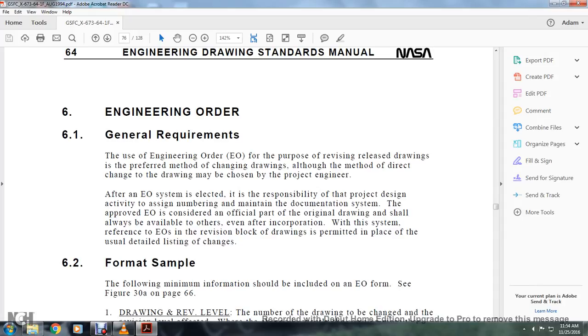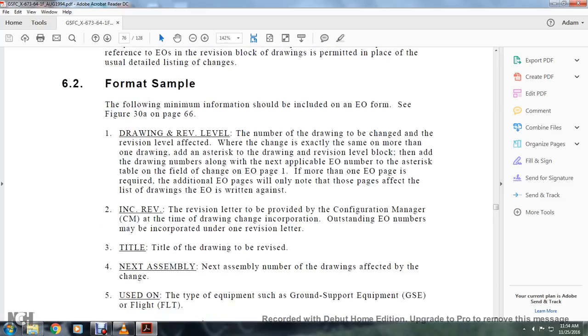engineer. After the Engineering Order system is selected, the responsibility of the project design activity is assigning the number, maintaining the documentation system, and approving the executive order concerning the official parts of the original drawing, which shall always be available to others after incorporation with the system reference to the executive order in the revision block. The drawings are permitted in place for the use of a detailed list for the change of the